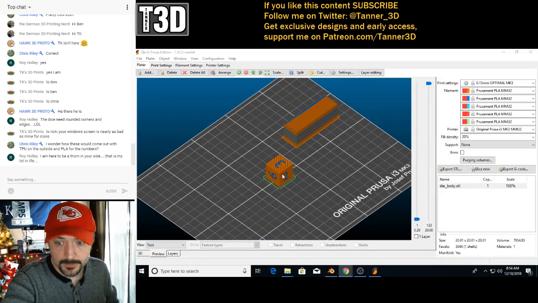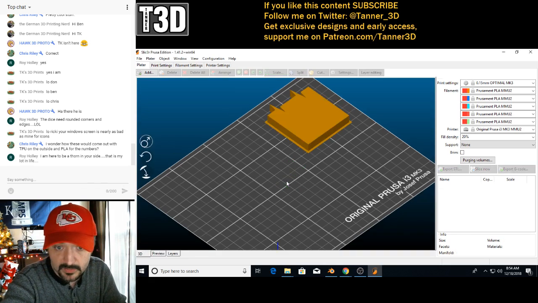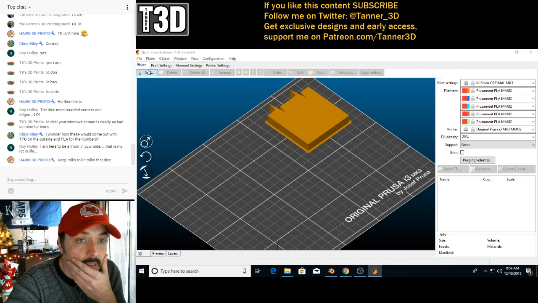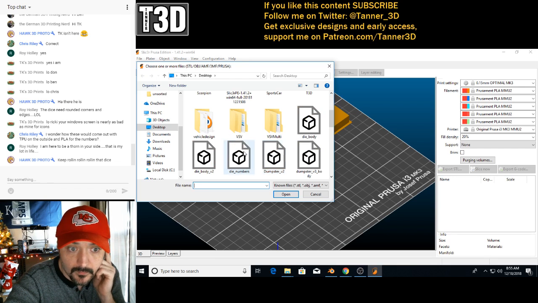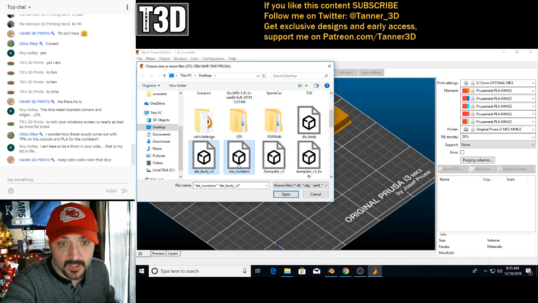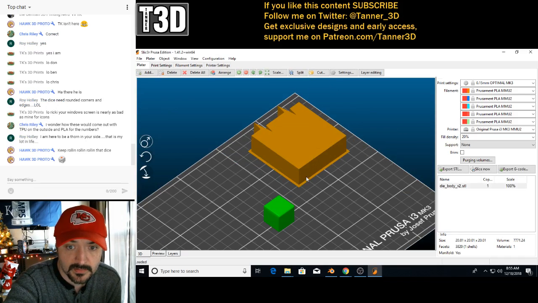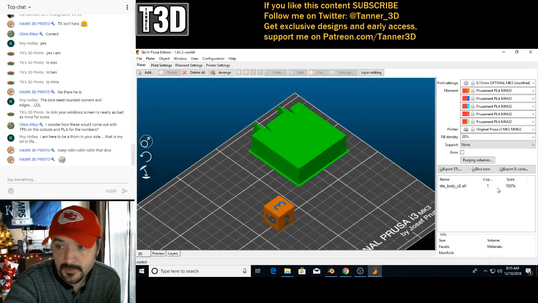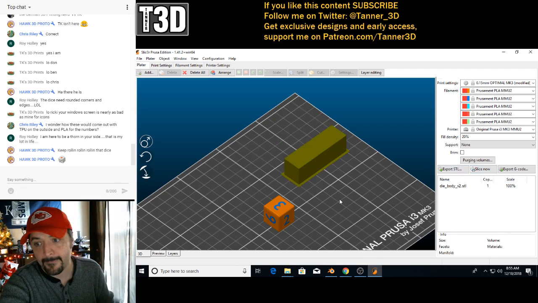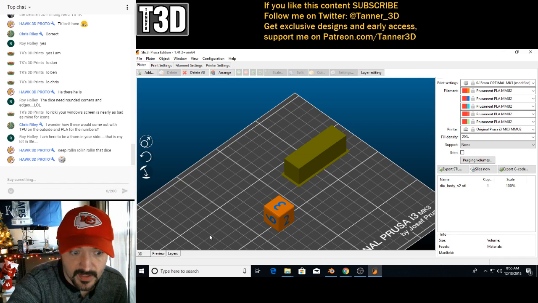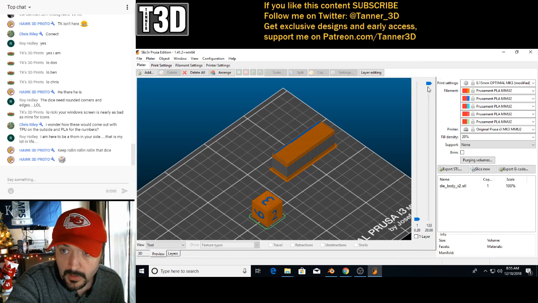So now we'll go back into the 3D view here, select that object, and delete it. Add. Die body version 2. Die numbers. Open. Yes. Slice now, layers, oh not layers, preview, and